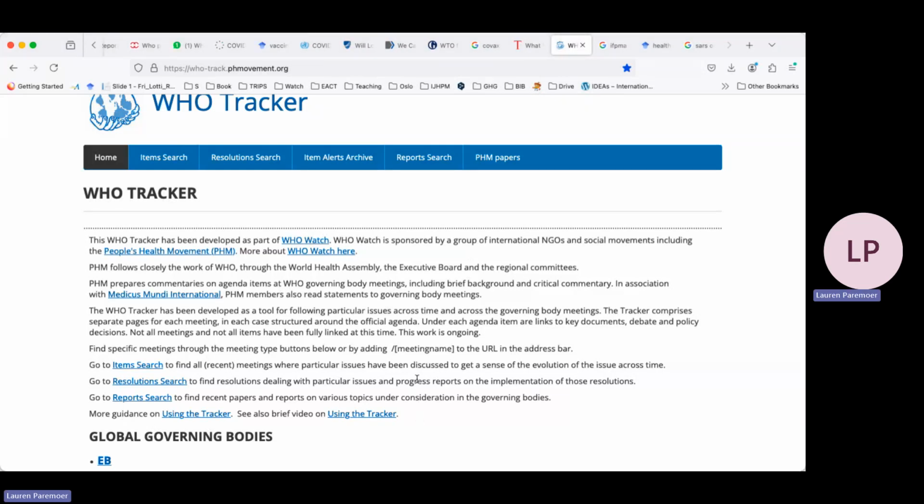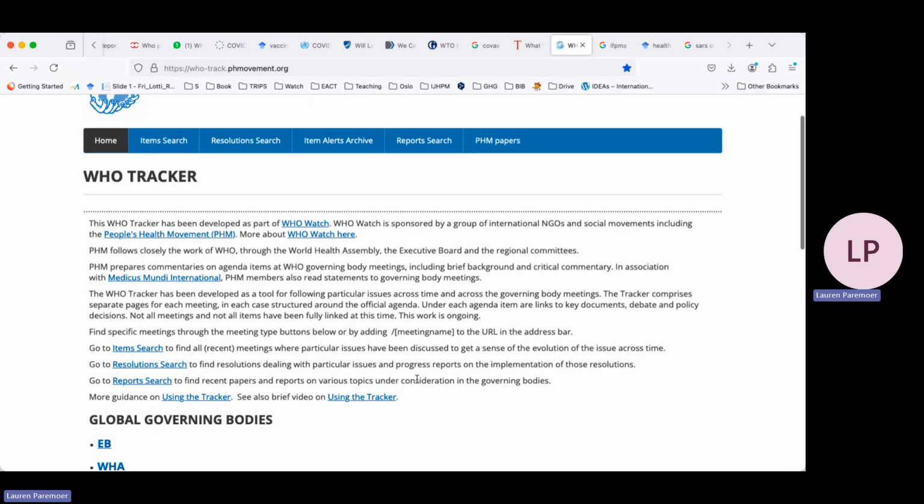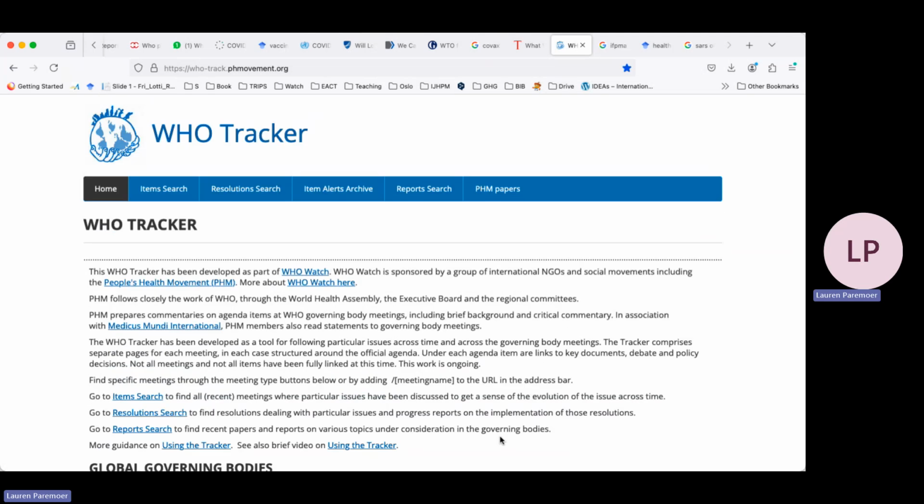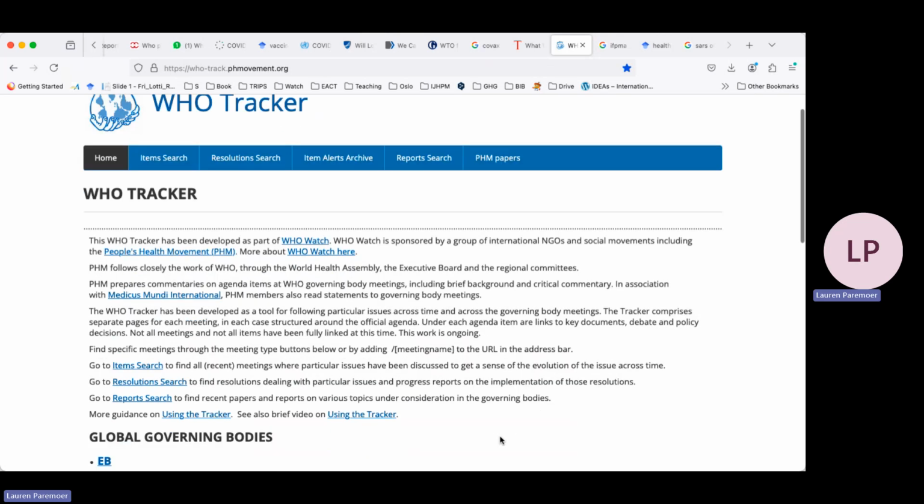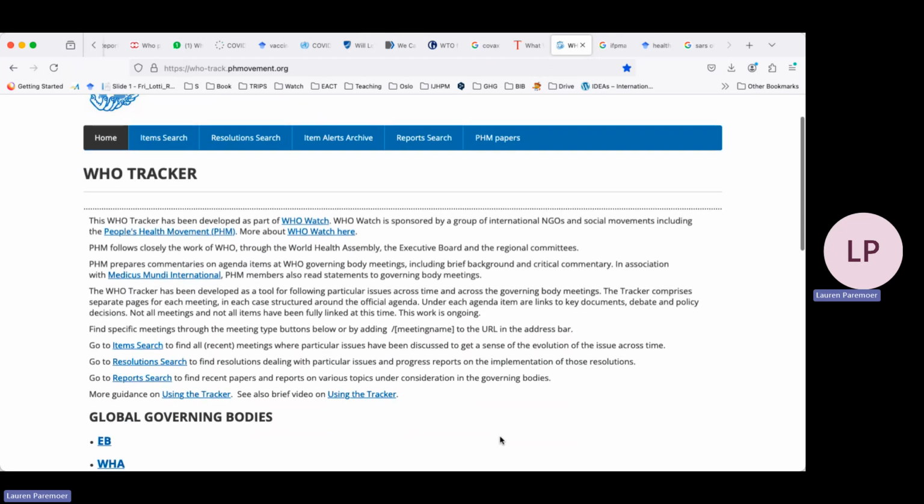So in front, you'll see the WHO tracker page. It was created by Professor David Legg, who has compiled the information on this page for many, many years. One of the things that's important about this page is that it's an incredible archive of records of World